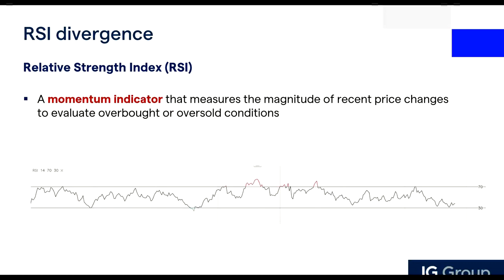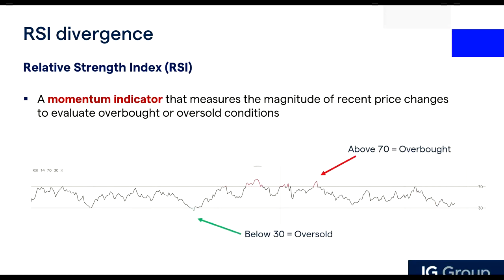The basic idea behind this RSI is to measure how quickly traders are bidding up the price, or selling it down. So it's the momentum that it is measuring. This line oscillates between 0 and 100. But conventionally, a lot of people use two main levels, 30 and 70, to identify overbought and oversold levels.